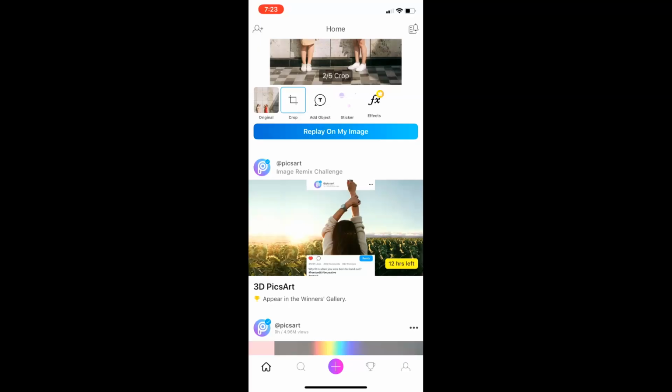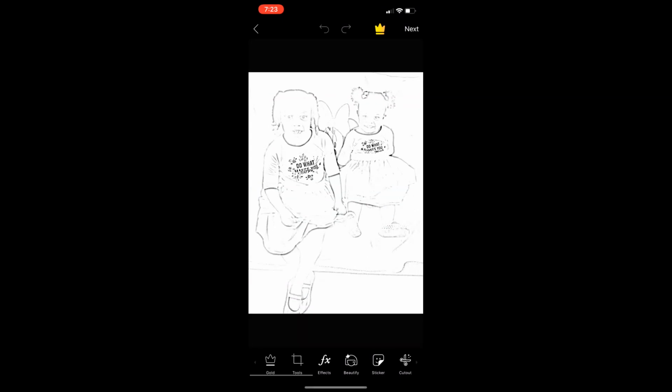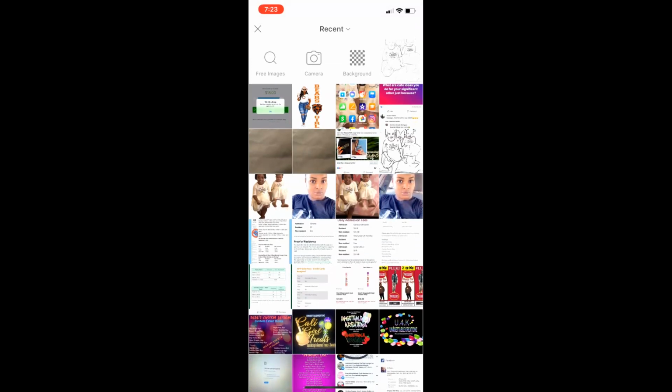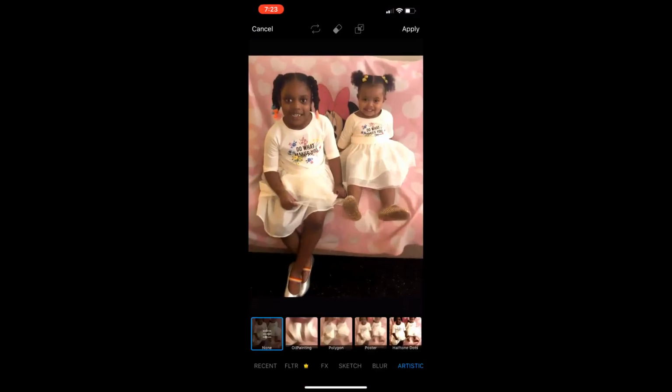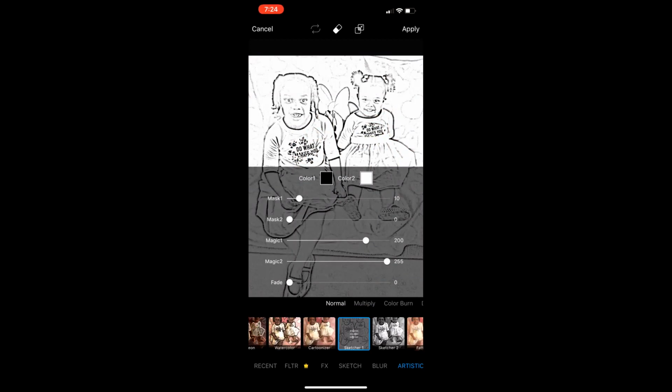The PicsArt app on your phone, you hit the plus sign, get the photo that you want. Already made one, so all photos. Hit that one. Go to FX Effects, Artistic, Sketcher 1. Now you can keep this if you like, or you can click the Sketcher 1 button and then